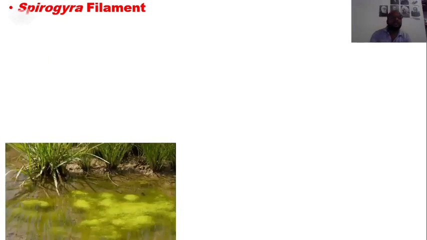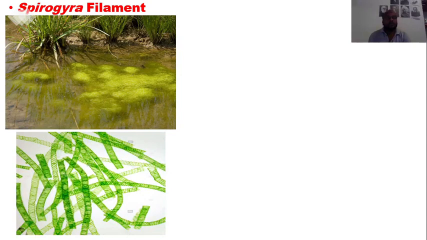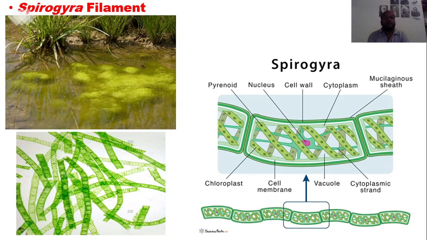Then the next is the spirogyra. The spirogyra is a green alga found in fresh water or standing fresh water. This picture shows how the spirogyra is there in water. Then you take a small filament of the spirogyra on the slide, and easily observe under the microscope by putting the cover slip. Then we will get such a structure.